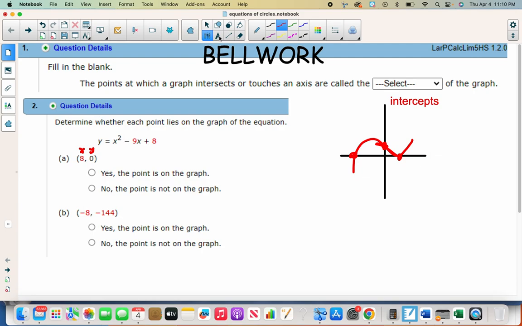So all we have to do is plug them in and see if the equation holds to be true. So instead of y, it's going to be 0 equals negative 9. 0 equals 8 squared